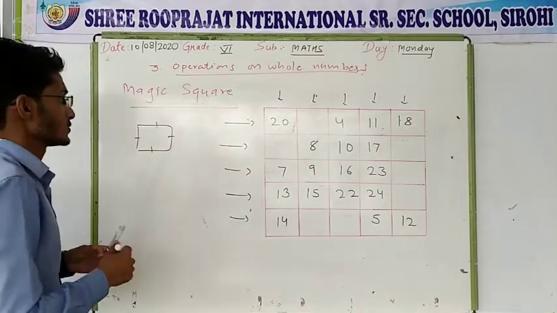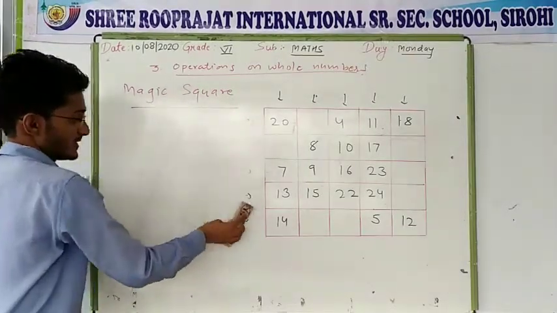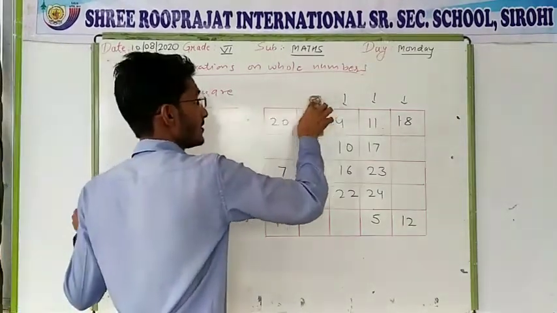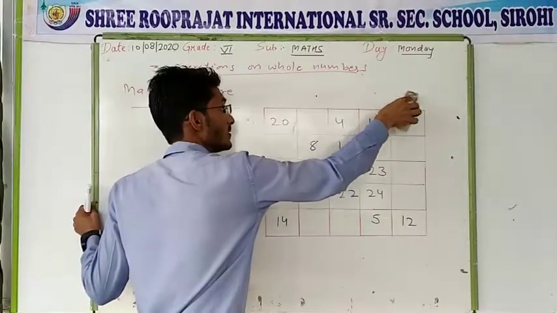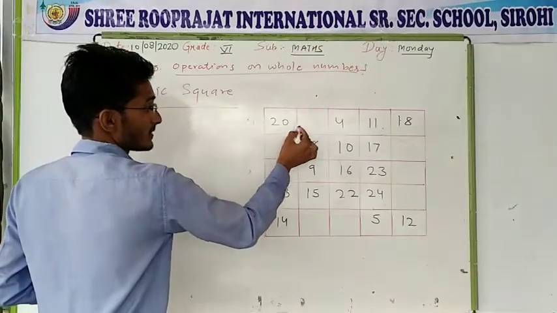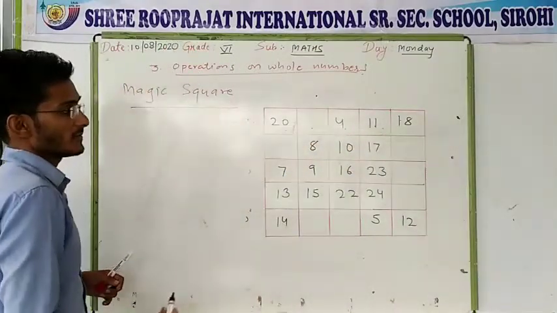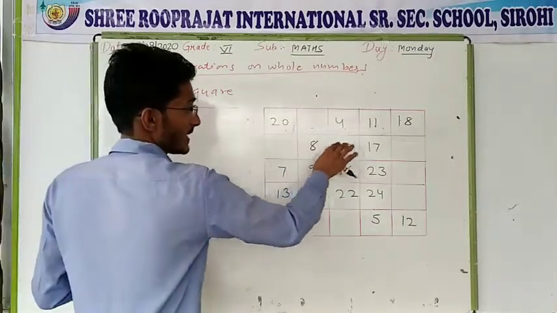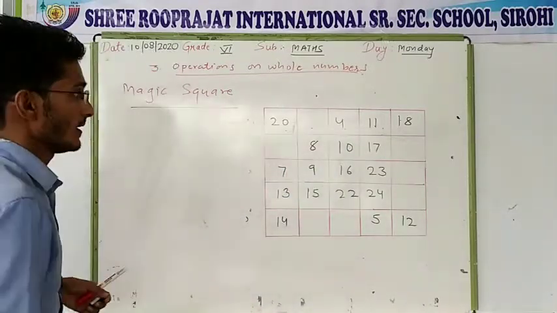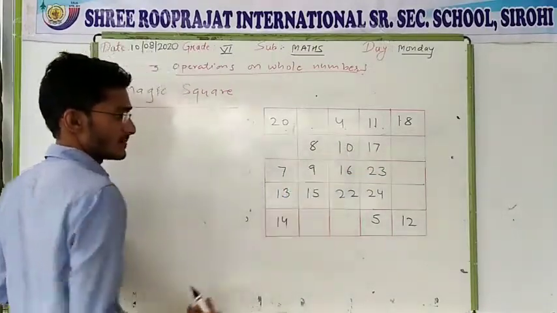The number of rows and columns are the same, just like a square where all 4 sides are the same. So we talk about the magic square. In a magic square, the sum of rows, sum of columns, and sum of diagonals are equal. That means we have the 5 numbers 1, 2, 3, 4, 5, and the addition of all 5 numbers is equal to the second row's sum. Like the row of this one: 8, 10, 17, and 2 are missing numbers.